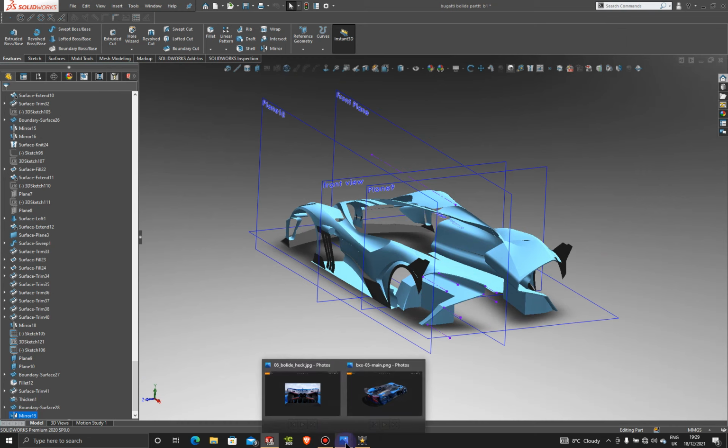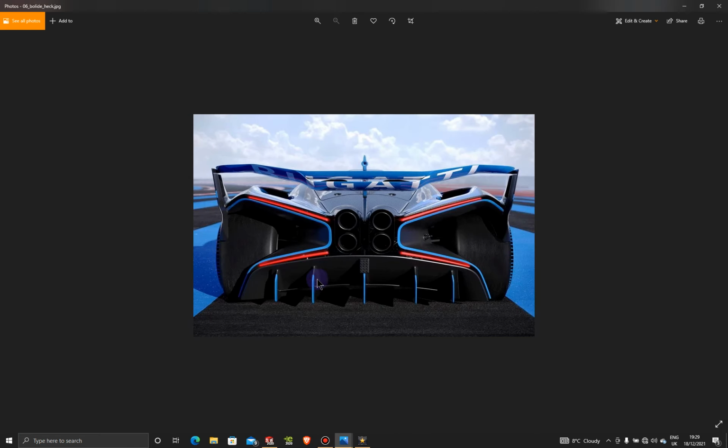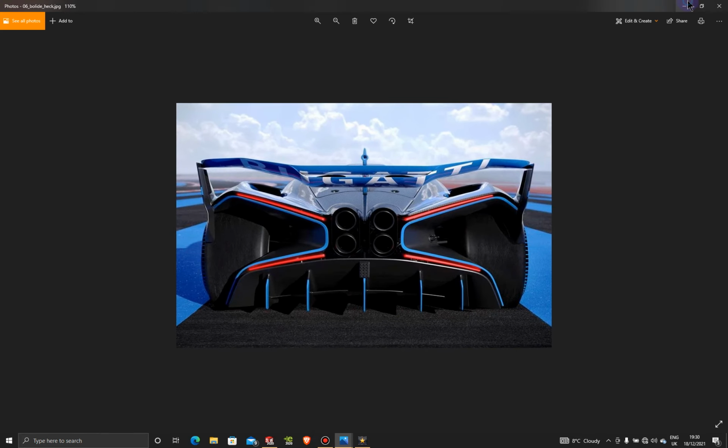All right, so let's have a look at our rear splitter here. All right, so this is our rear splitter, and then of course we have a rear light that is sitting between these edges, and we have a rear light that's sitting in these edges, so it's almost like an X shape kind of, right? And we're going to create the rear splitter, and then of course we're going to create the rear lights as well. Okay, so we're going to do that in the next tutorial,